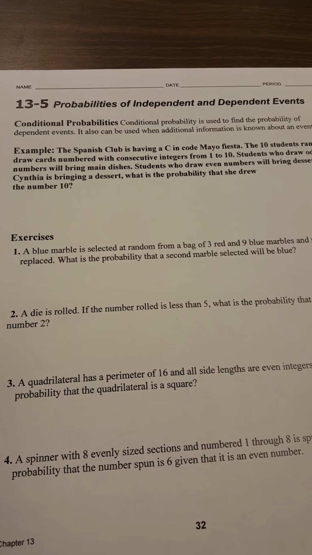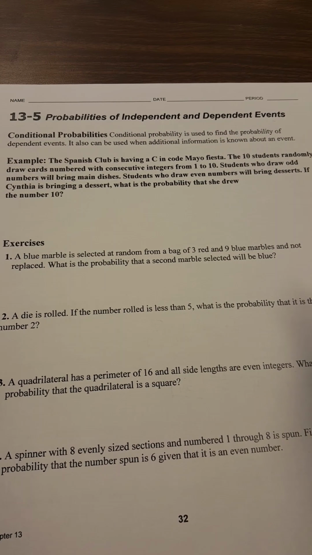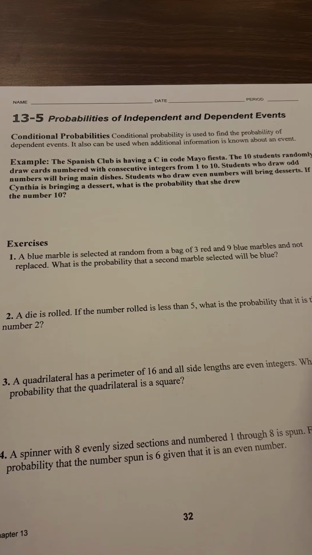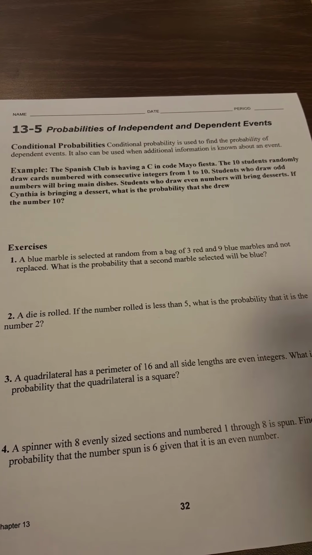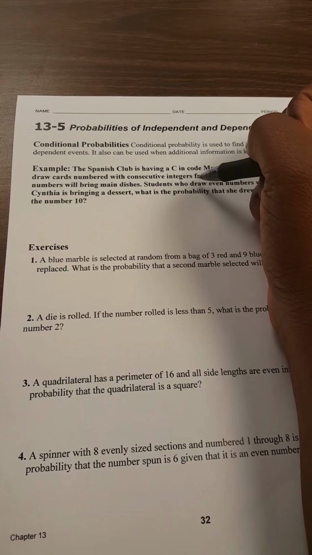Conditional probability is used to find the probability of dependent events. It can also be used when additional information is known about an event. Example: the Spanish Club is having, I don't know why it says C in code, it's a Cinco de Mayo